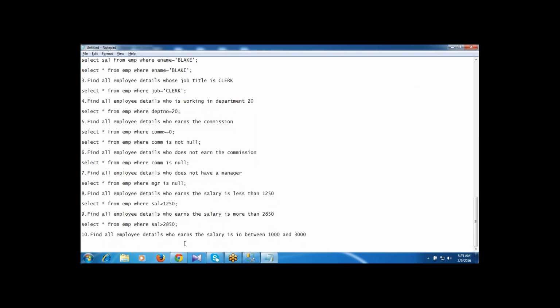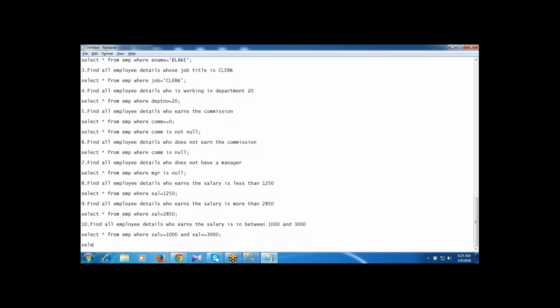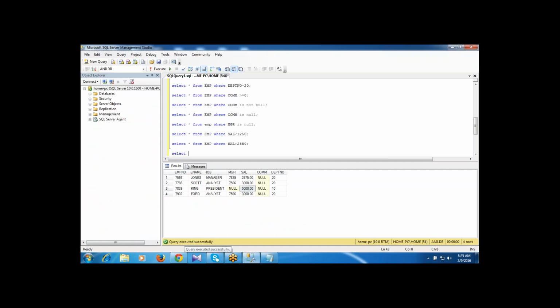So here I'm writing select star from EMP where salary is greater than or equal to 1000 and salary is less than or equal to 3000.